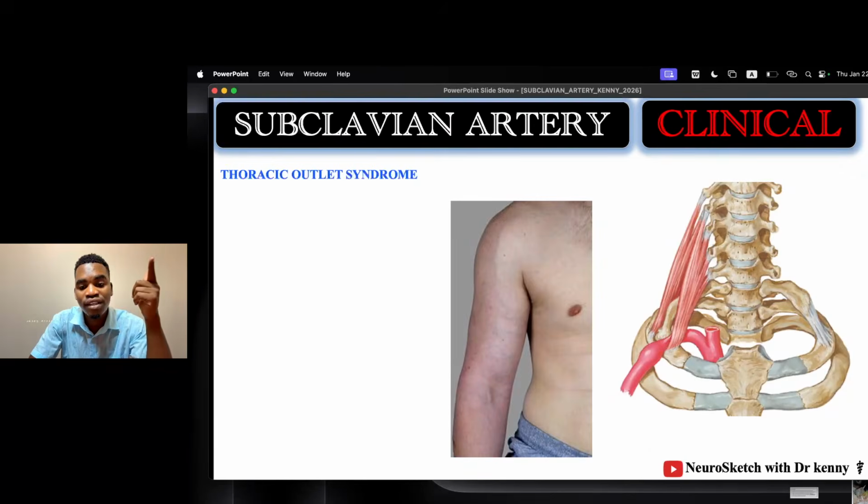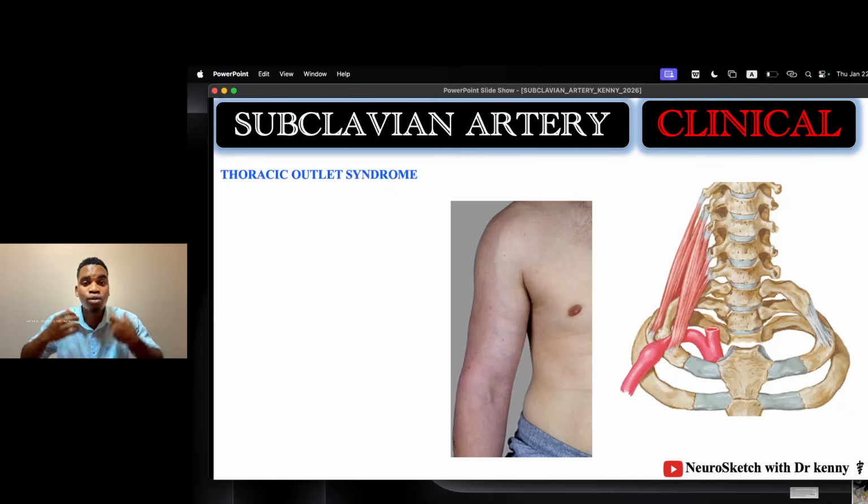Remember, we discussed thoracic outlet syndrome. We said we have the thoracic outlet somewhere here, and the subclavian artery is passing laterally and above the first rib, and it can be compressed at some point. Compression of neurovascular structures passing through the thoracic outlet will result in thoracic outlet syndrome. Now, we didn't mention, but we have different types of thoracic outlet syndrome depending on the structure compressed. For example, because today we're talking about the subclavian artery, it can be compressed here, and it